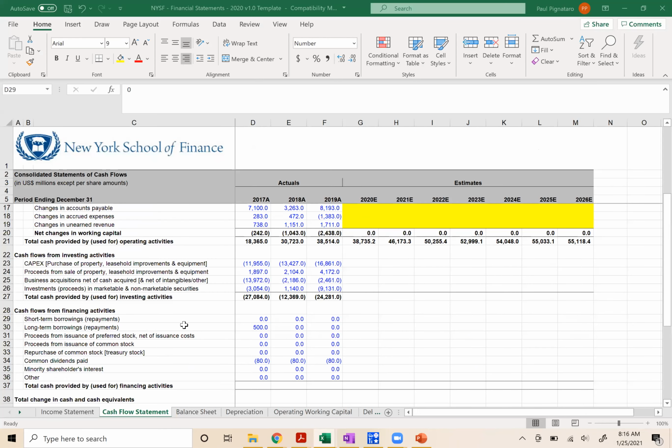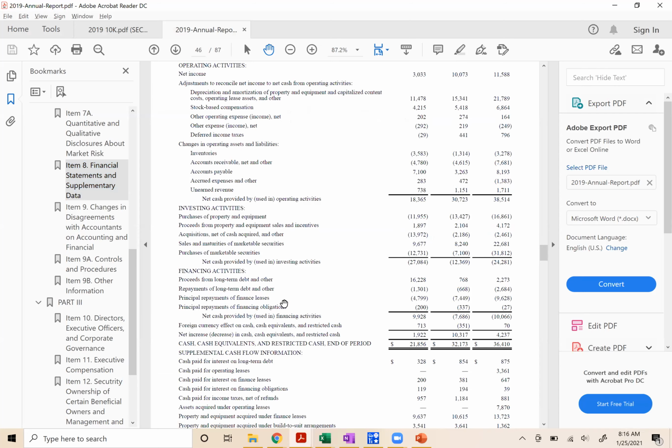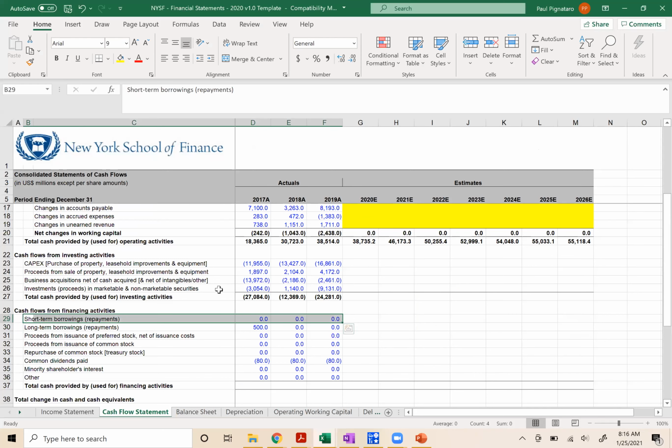So I'm going to go, here's short-term debt. Now, I'm going to keep this short-term debt line item in here, even though they have not explicitly listed short-term debt, just because it's pretty unusual. Every company has short-term debt. I wonder if they lumped it in somewhere else. I'm going to keep short-term debt in there as 0, just because I think it's a necessity in every template and every model. Long-term debt borrowings and repayments, consolidated here,